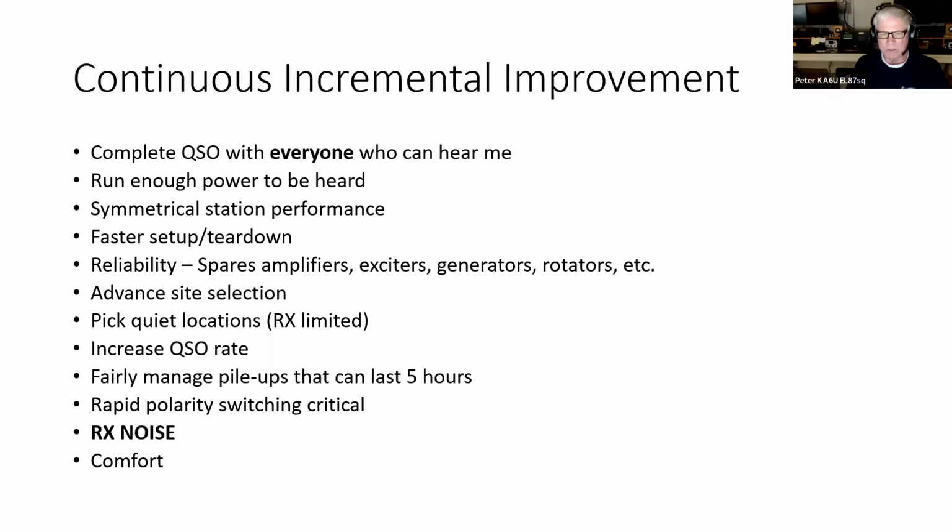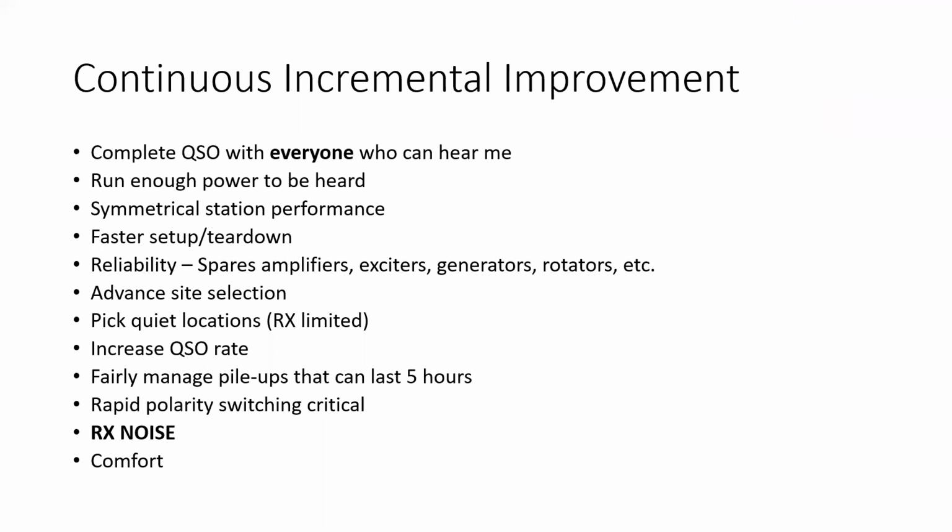So in order to do that, and I'll talk about this some more in detail, I use Google Earth Pro. And also when I go on my trips, I'm usually able to pretty well guess, certainly about access to the sites. I haven't had surprises with that, but most of the sites have been pretty quiet from an RF noise standpoint, because I found,